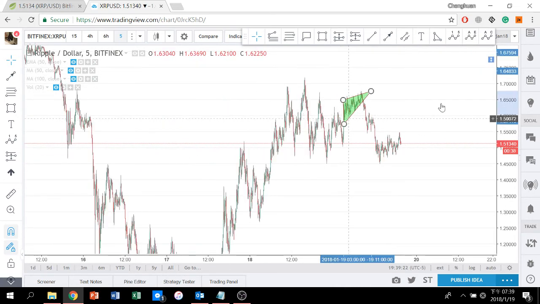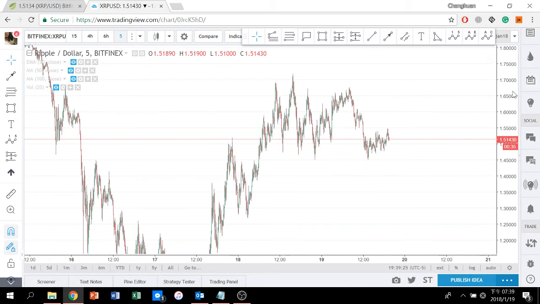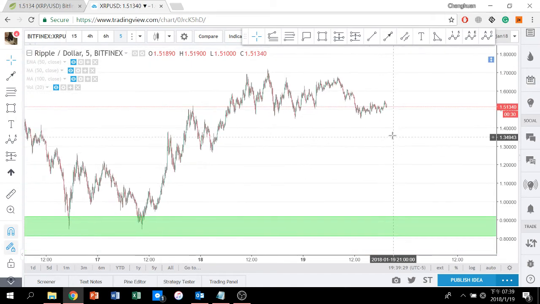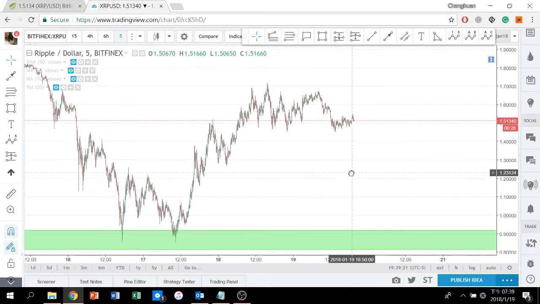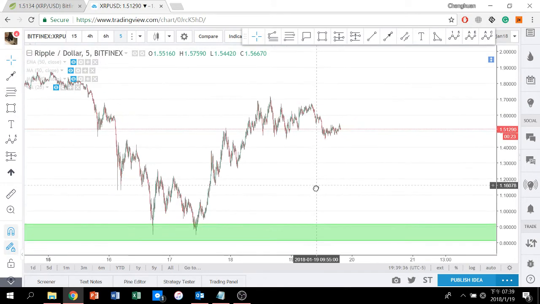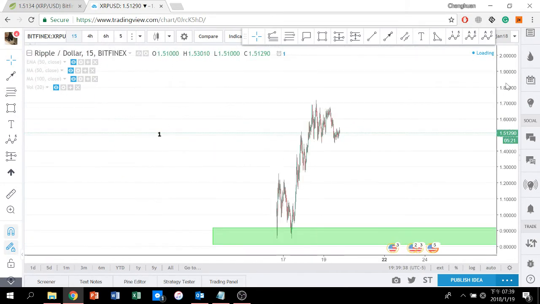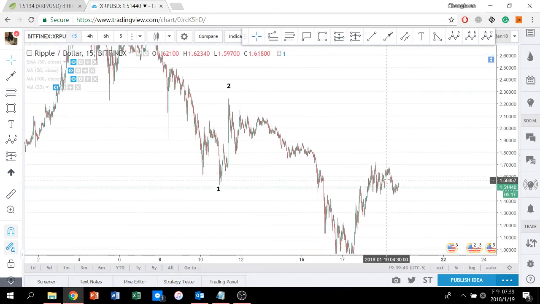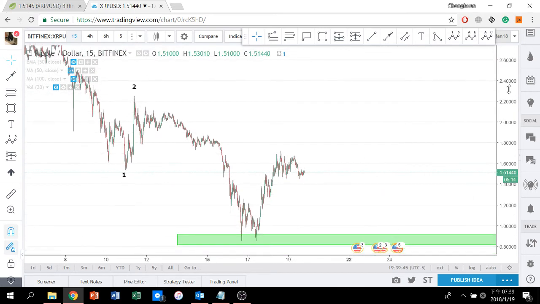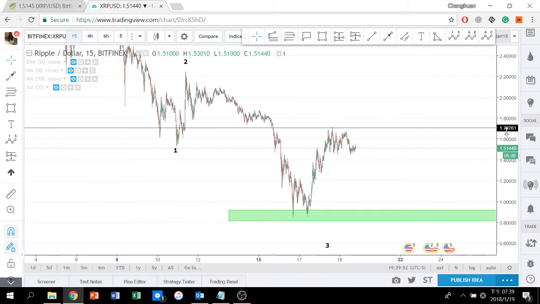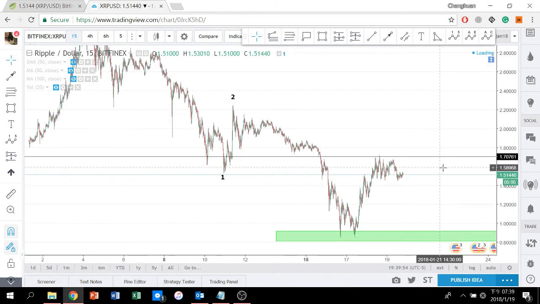Since everything's going fine so far, everything's going to plan, how do we know that we might be wrong? It is certainly possible that we're wrong on this, right? Because you can never be sure. If we are wrong on this, that means we have to completely retrace into wave 1. And I think the level of 1.7 US dollars would be a good target. Not a good target, but a good stop loss.